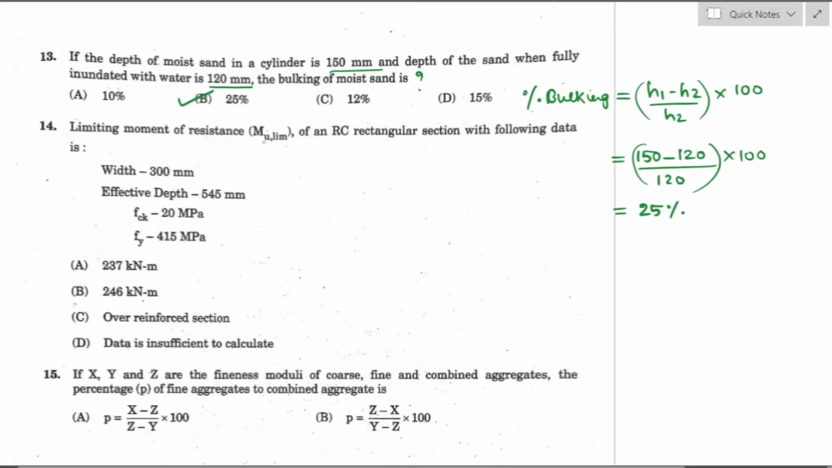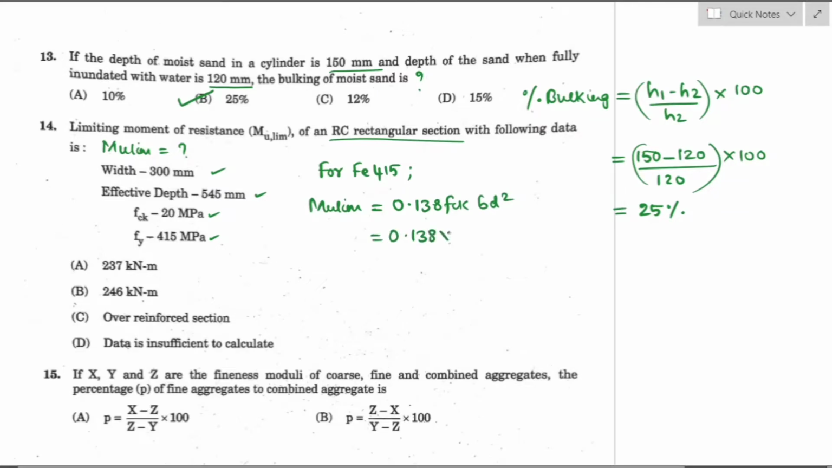Question number 14. Limiting moment of resistance for an RC rectangular section with the following data is. So we have to calculate the limiting moment of resistance. Width is given, effective depth is given, grade of concrete and grade of steel is given. So as per IS 456-2000, for grade of Fe 415 steel, the limiting moment of resistance is given by the formula 0.138 FCK BD square, where FCK is the grade of concrete which is given as 20 Newton per mm